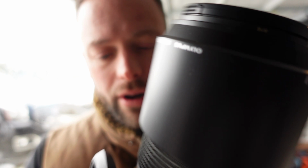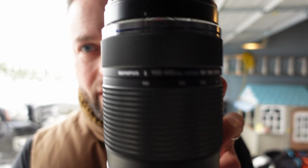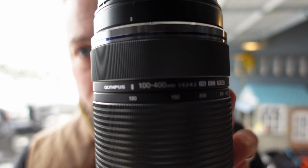It's this lens right here. This is the 100 to 400. Where does it say it on the thing? Does it say it on here? Somewhere. I don't know. Probably behind this lens hood. Yeah, it's right here. Look at this. This is the 100 to 400